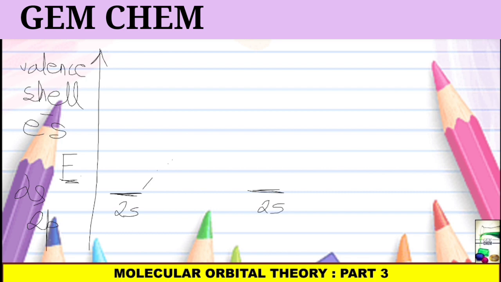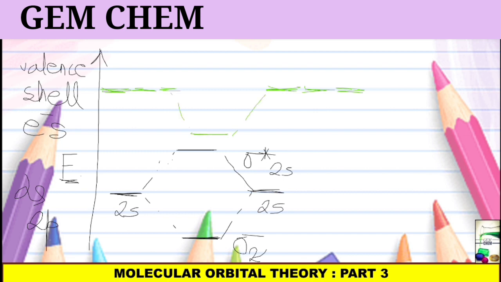So this will combine like this to form the two bonding and anti-bonding molecular orbitals. So one is sigma 2s, another is sigma star 2s. Next we will see for 2p. So 2p, there are 3 orbitals, and this will combine in phase to form sigma 2pz and the 2 pi's, which are pi 2px equals to